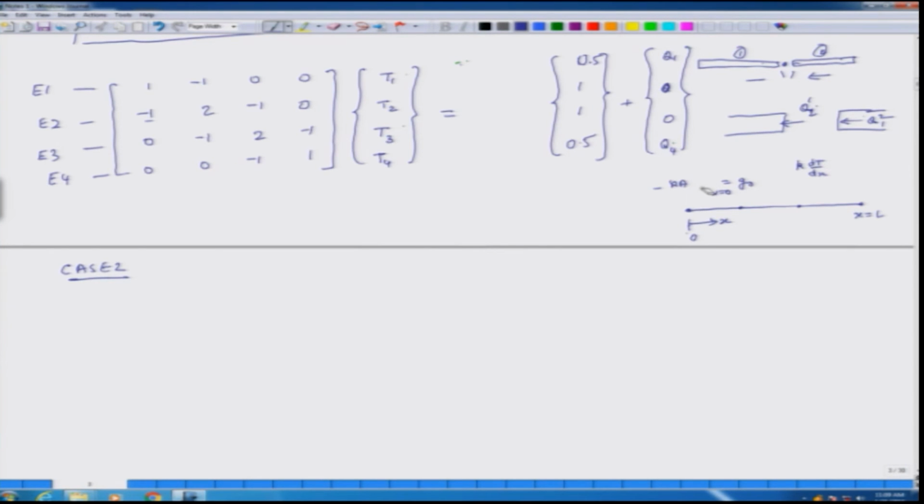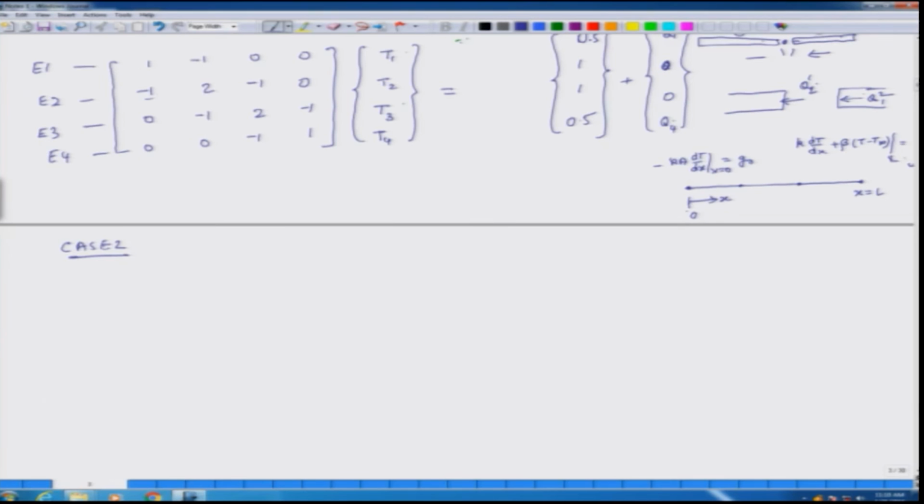One thing I would like to do is that instead of partial derivatives I will express them as total derivatives, because the only variable left is now x, temperature is not there. So partial derivative is same as total derivative. So on the right side at x is equal to L, the boundary condition is K dt over dx plus beta times T minus T infinity at x is equal to L, and this I say is 0.